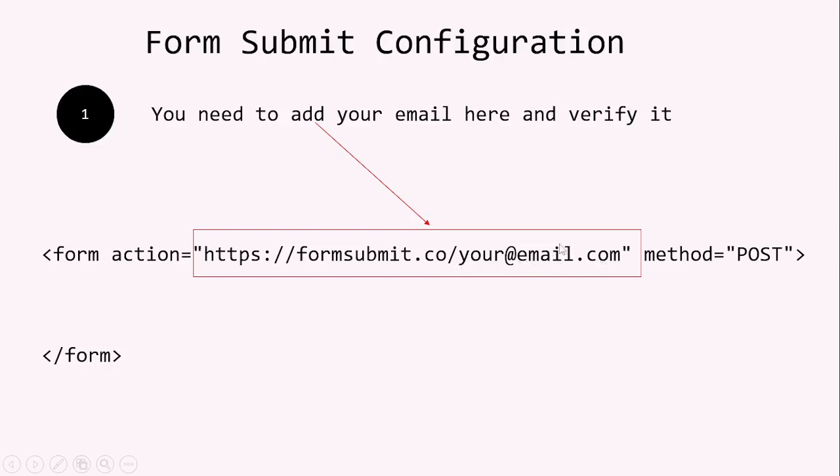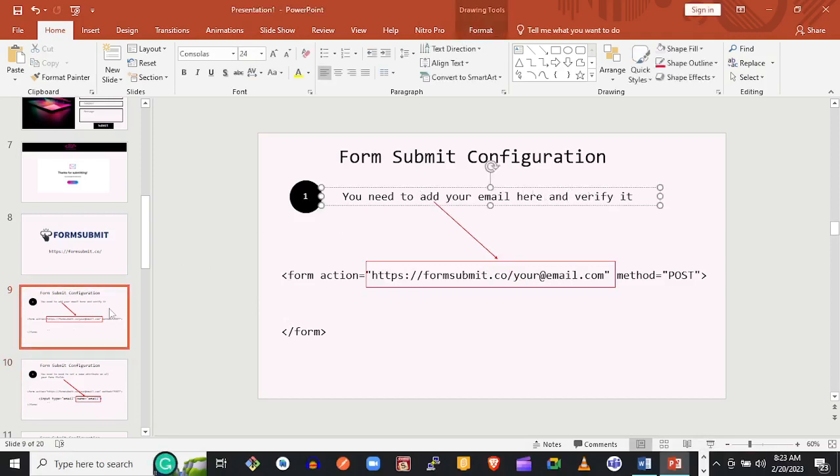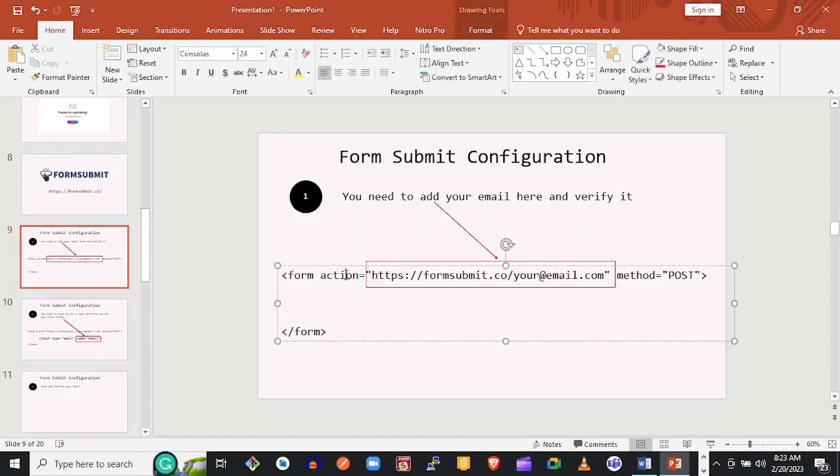Okay, but sometimes I find through experience it is not secure to do that with your email and put it publicly like that. So what you can do is we are going to first go and verify our emails. Okay, so let's just first make sure we verify our email before we do other things. Okay, and the first thing is we are going to put this action. Okay, so let me just copy this,